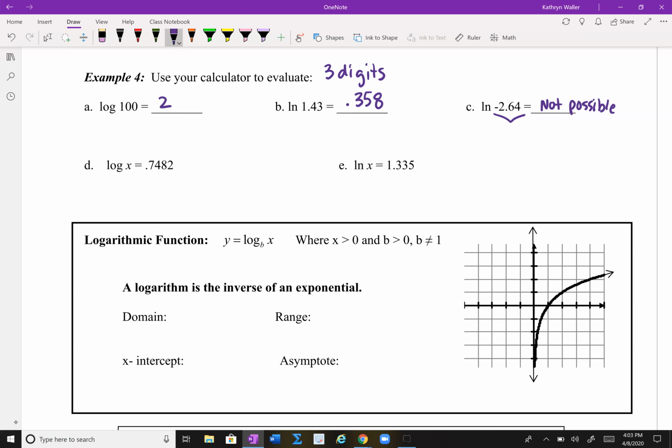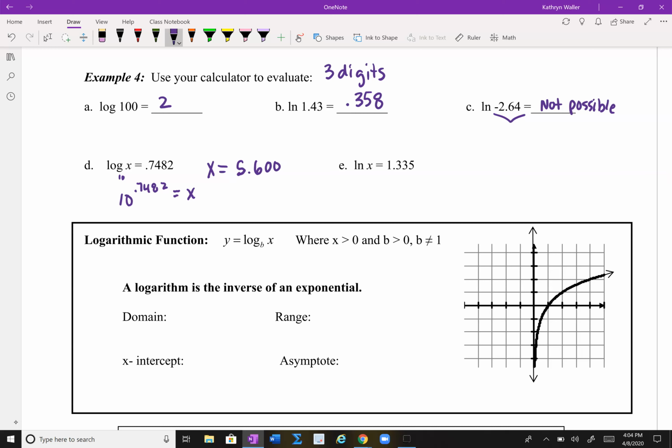So this one right here, question D, they're not asking you for the ln of 0.7482. They're asking you the log of what is 0.7482. So basically you're stuck. So if there's no base, it's log base 10. So it's 10 raised to the 0.7482 is equal to, the only thing I haven't written yet is an x, okay? So now everybody go 10 to the, and then go 0.7482, hit enter, and we're going 3 digits. So x is